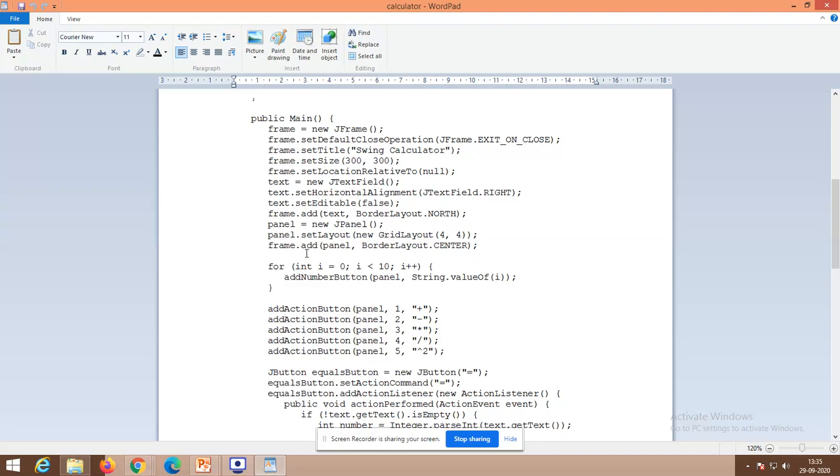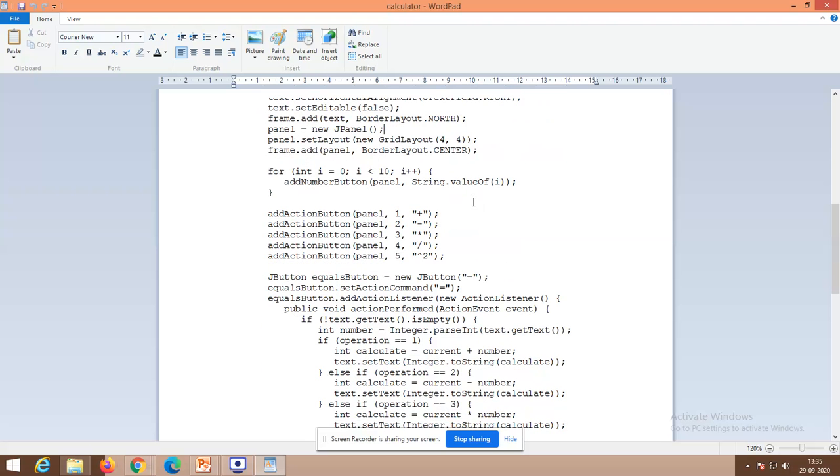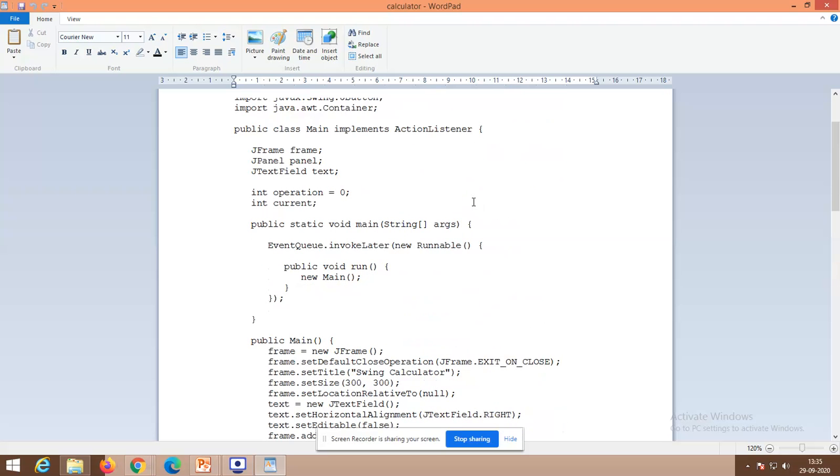Those 16 buttons are going to be placed in the corresponding border layout, in the center. Okay, so along with the directions we have that center. So within the center I have placed this. Okay, so the complete set of buttons is encompassed in the panel, right? So that could be the idea behind these things. So you could divide the work in a simple fashion, right?